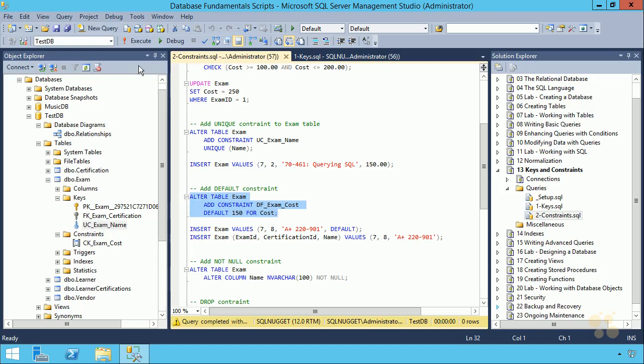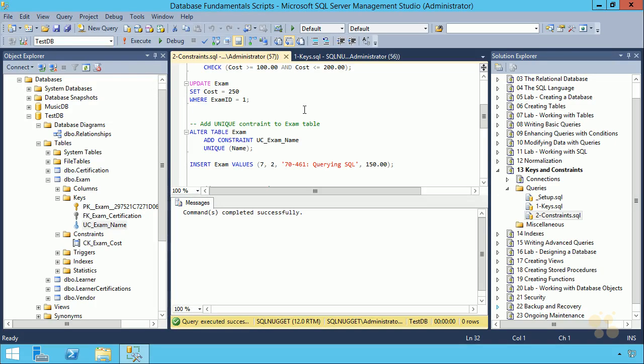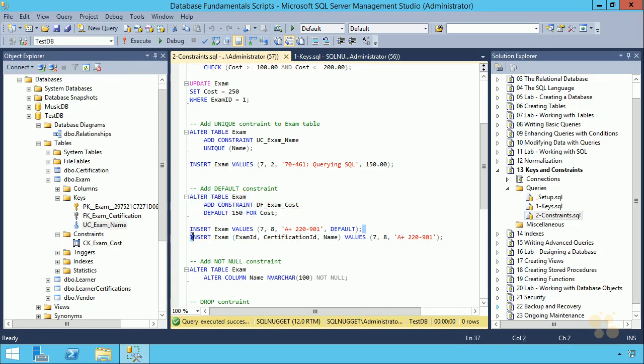So we're going to alter our table exam here. We're going to add this default constraint to it. And now there's a couple of ways to do this. Here's 2 insert statements. One of them specifies no columns. So we don't have a column list here, which means you're going to need to actually provide a value for all the columns in the table. And if you want to provide the default, you can use the keyword default. If you do specify columns, you can actually omit any defaulted columns and omit the value, and it'll fill in